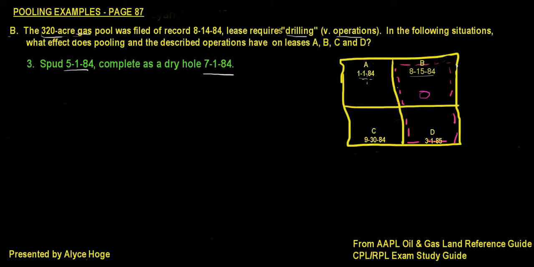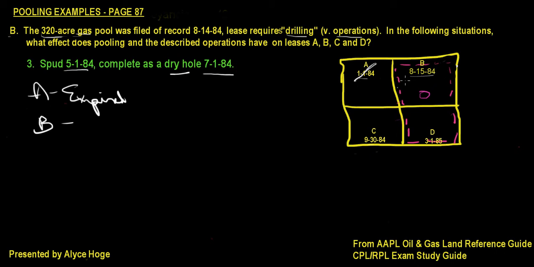And lease A expires in January of 1984. So right away we can see that A has expired. This pooling, this well, or this dry hole will have no effect on A. It's already expired. As far as B goes, the well was spud on May 1st, 1984, and it doesn't expire